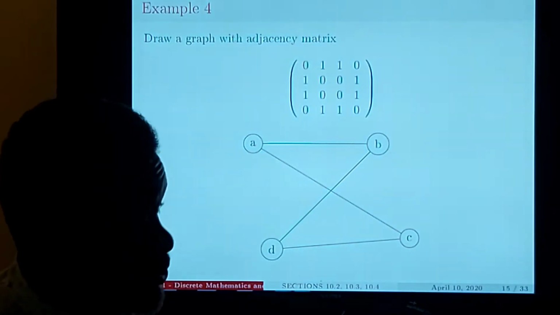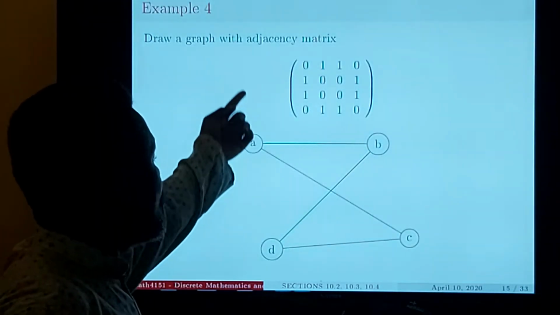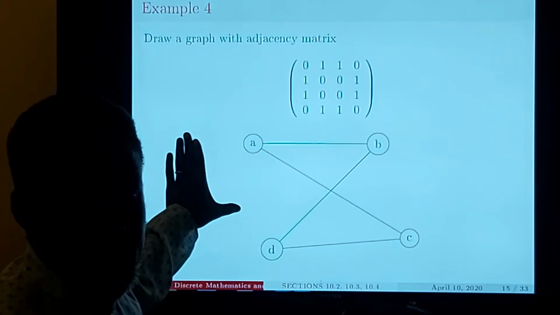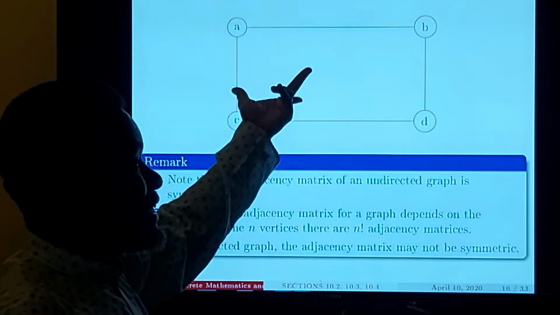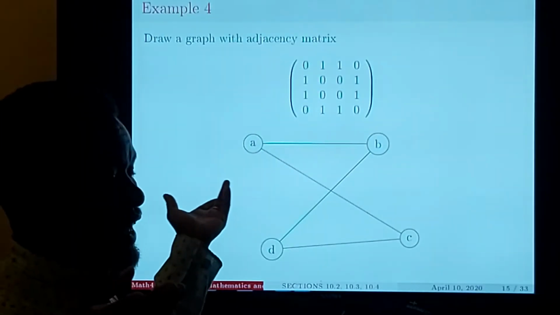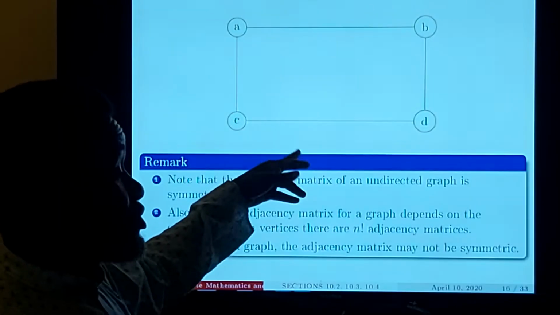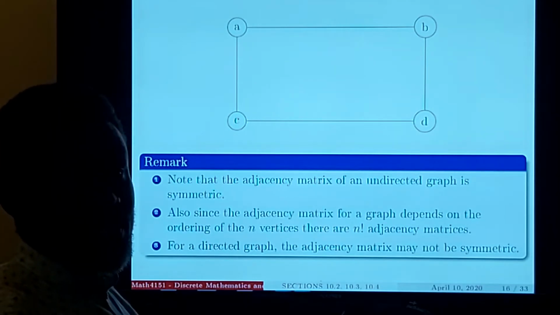Next, I want to go to something else before I run out of time. Something I did say here is that when you're given the matrix, you can write this graph, which by the way, in the future you will see, is the same as this graph. It's just the order that you write them down. Later on, you will see that this is called an isomorphism. This graph is the same as the previous graph. So you see, it's not unique. What is unique is that the adjacency is preserved, basically the edges and vertices, the number of vertices, and the